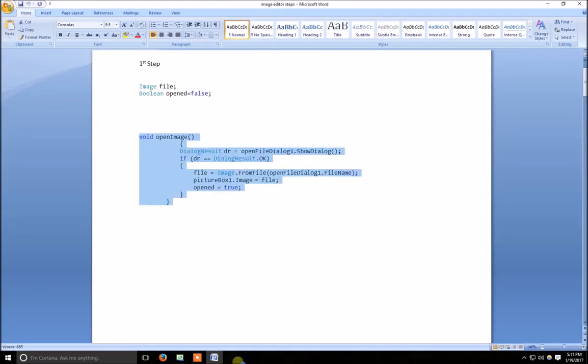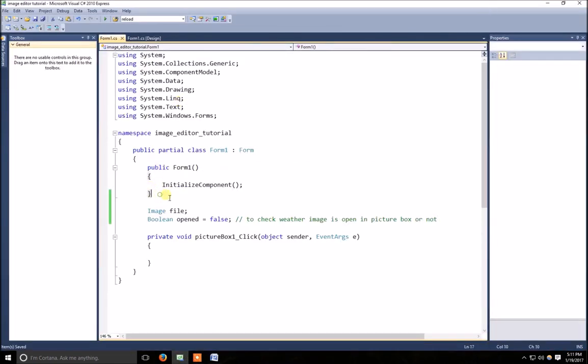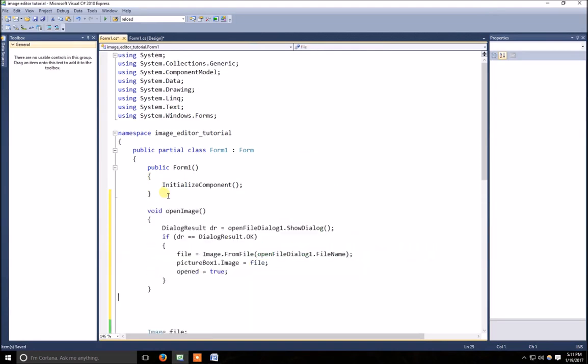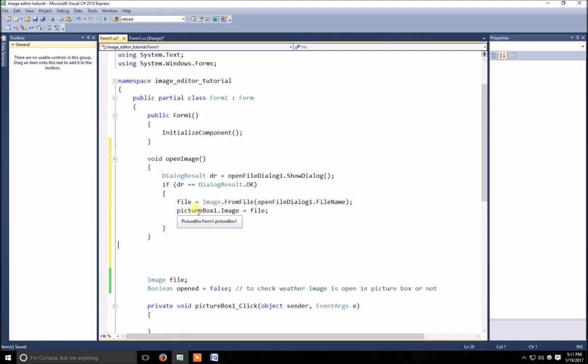I believe all functions are needed to work on, so I place one of the functions, open image. I'm just copying my already created code to save your and my time. Let me illuminate. Here is an open image function. Here I'm creating an object of DialogResult, dr, equal to openFileDialog.ShowDialog. If dr is equal to DialogResult.OK,